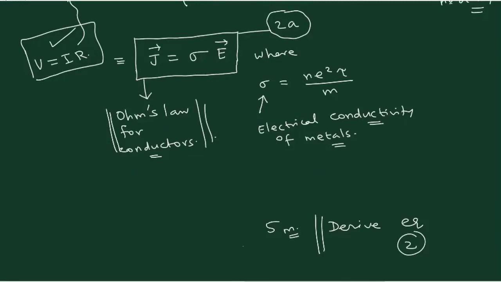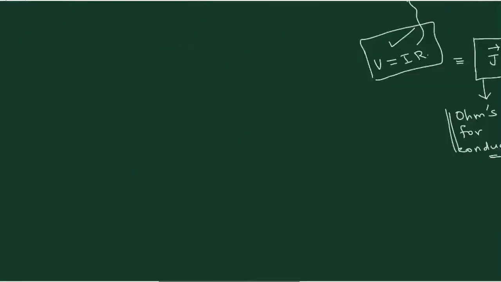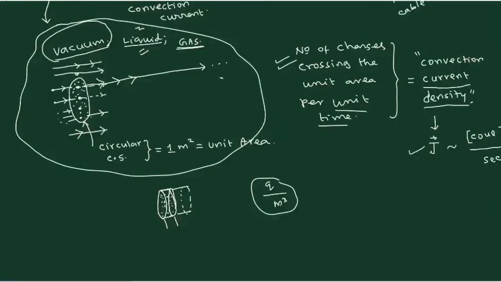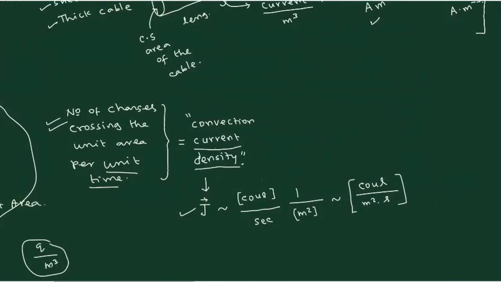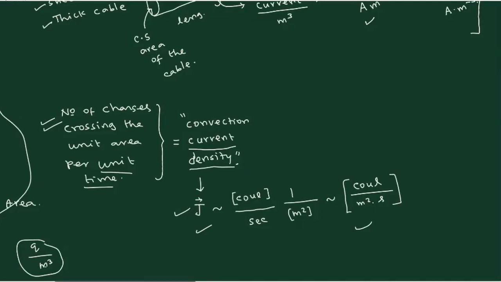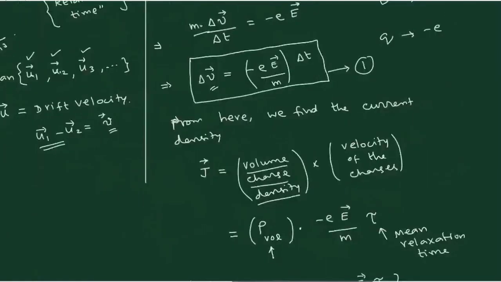Another possibility is that you go to the case of the convection situation and then solve some simple problem. There are no big derivations here. In the case of this kind of convection, there won't be any big derivation for you. But instead, you may be asked to calculate what the charge density is in terms of some numerical value. So a numerical calculation will be there in the case of the convection current. That will give you 5 marks. So these are the 2 things where the 5 marks questions are possible.